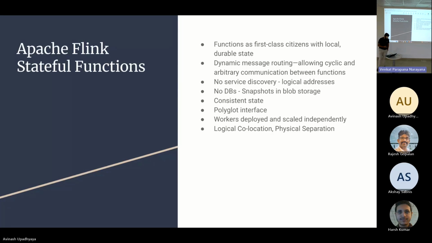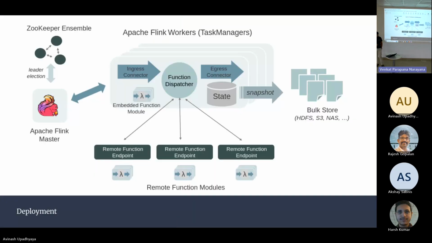Okay. Moving on. Let's briefly talk about how you deploy such a setup. So this works on Apache Flink as the runtime, which means you can use an existing Apache Flink cluster, but the stateful functions runtime requires coordination. In a production deployment, you would need a master to coordinate the various stateful functions runtimes, where Zookeeper is involved for the leader election and for coordination. There's the state store where the state is actually backed up. It can be S3, HDFS, or any such storage